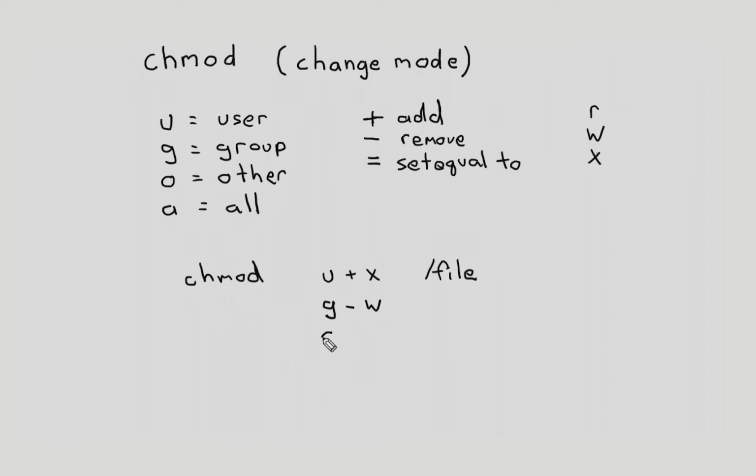If we said O equals with nothing after it, that would essentially set it to where O or other had no permissions whatsoever. If you ever just say chmod plus X, which you'll see people do quite often, what that does is basically equivalent to saying a